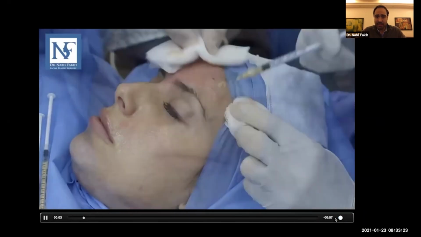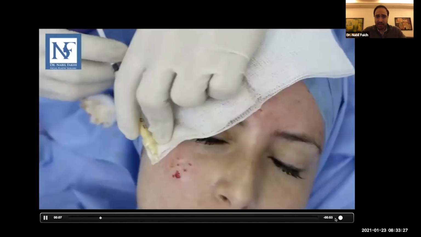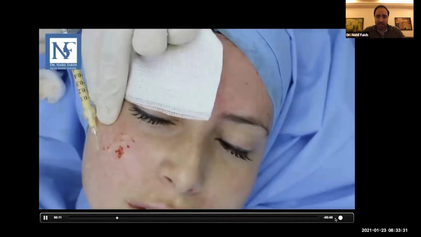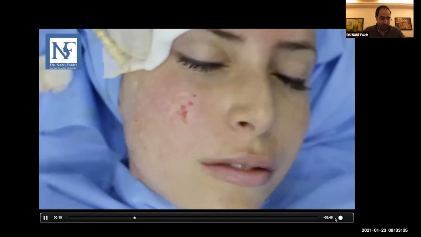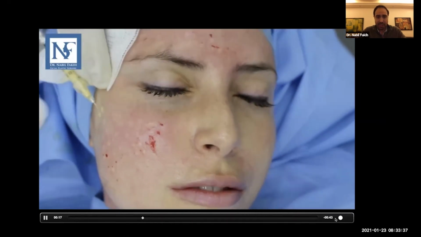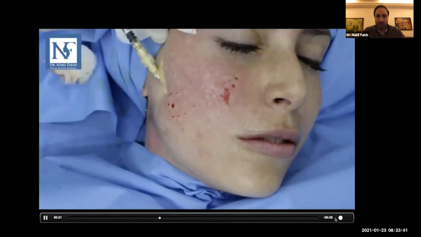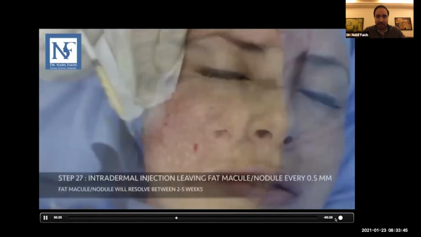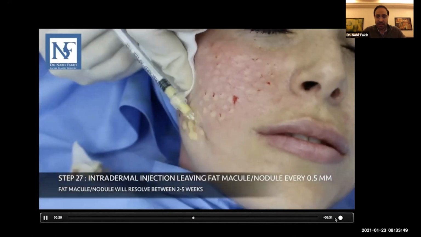And as you see, I'm injecting. You should really leave bumps there in the face, and you should inject it very superficially because the mission is to really improve skin quality. We really need to inject superficially. We should see a yellowish bumpy effect on the skin. If you don't see this, then you're very deep, then less effect you will have on the skin texture finally.